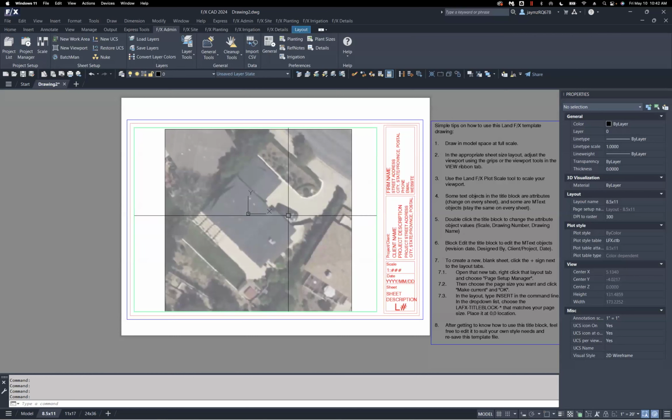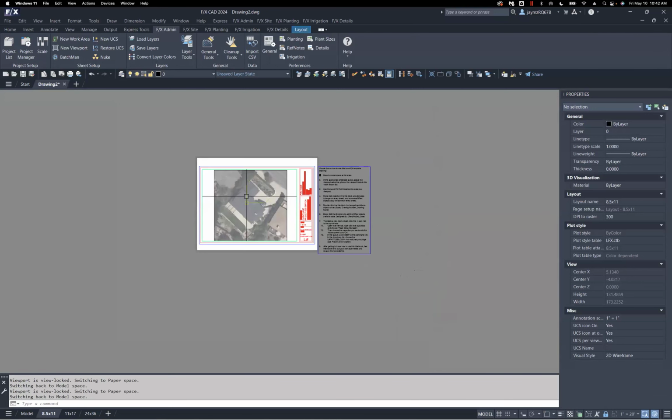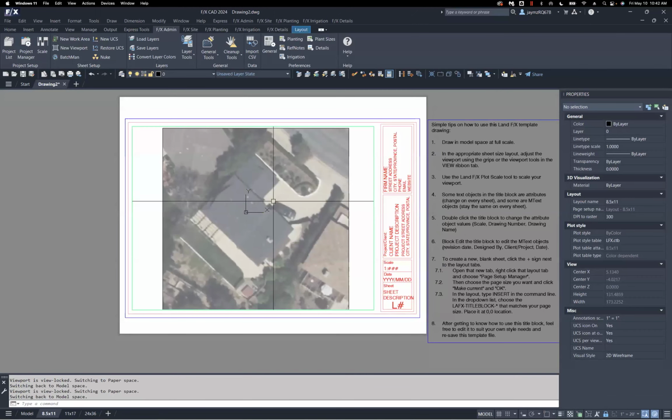Now, at this point, if you have your scale set and everything the way you want it, if you come down here to the bottom right-hand corner, there's this button right here that looks like a lock. You can go ahead and click that, and it'll highlight in blue, and it's active. And what that'll do is it'll prevent you from zooming in and out of model space when you're active in